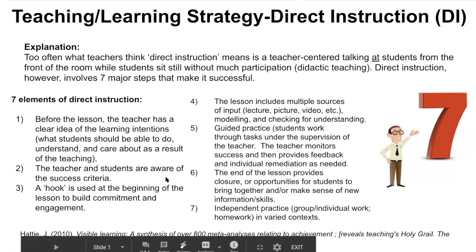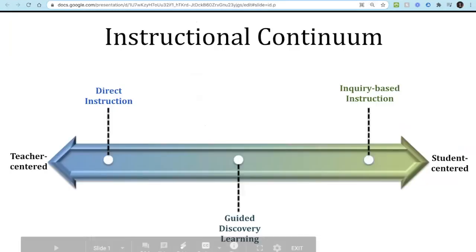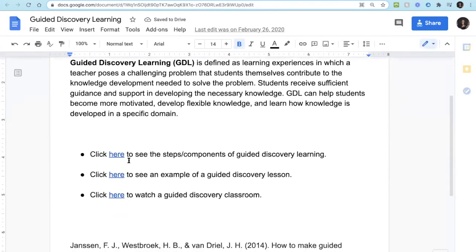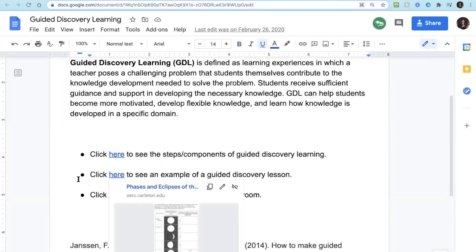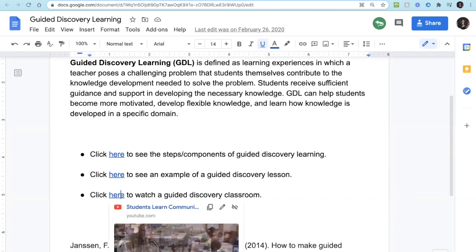Okay. So with that in mind, you've got this continuum that has direct instruction on the teacher side, the teacher driving, inquiry-based instruction with the students driving, even though the teachers design these phases, and then guided discovery learning, which is somewhere in between. And just like the other ones, you can see the components of it. You can see an example of a lesson. You can watch the teacher in action, but